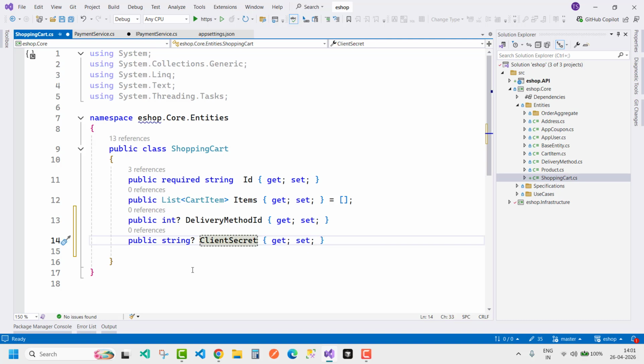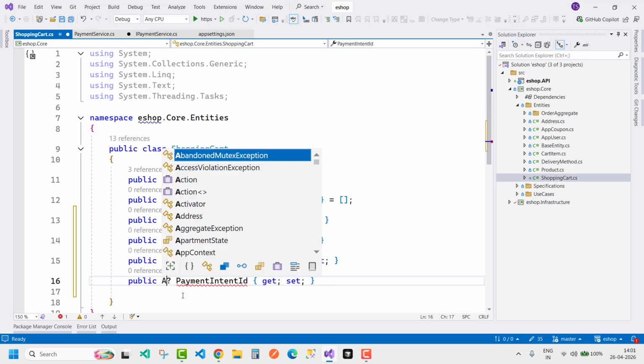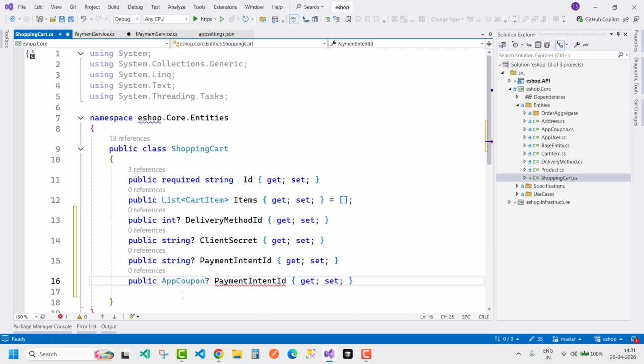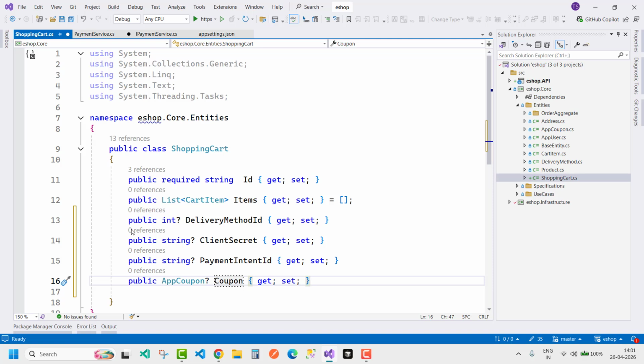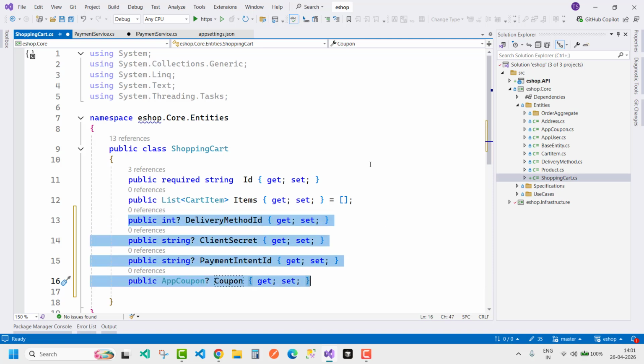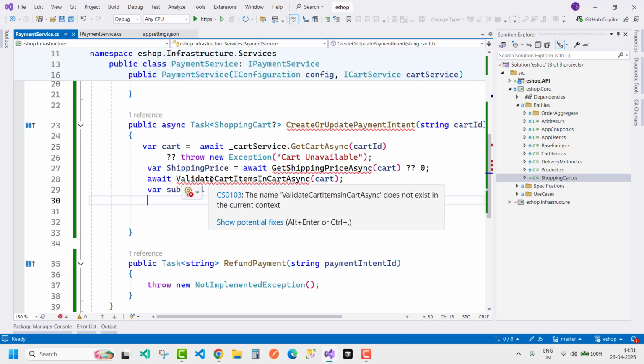And the shopping cart also has a coupon. If someone tries to add a coupon to your cart, the details are here: the delivery method ID, client secret, payment intent ID and the app coupon. All four properties are nullable and optional. During cart creation, these are not set. Okay,